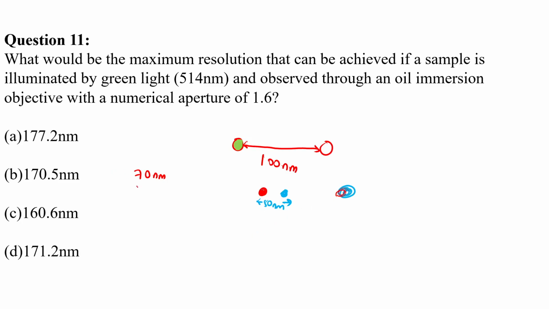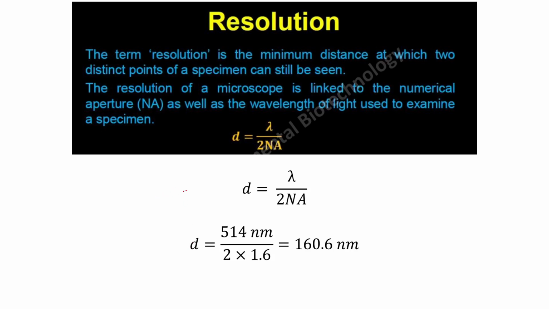Okay, so that is the definition of resolution. Now these values that are given, so resolution is a function of wavelength and numerical aperture. So it is directly proportional to the wavelength and inversely proportional to the numerical aperture. The formula for resolution here is d is equal to lambda divided by 2 times numerical aperture. Lambda is the wavelength. So the term resolution is the minimum distance at which two distinct points of the specimen